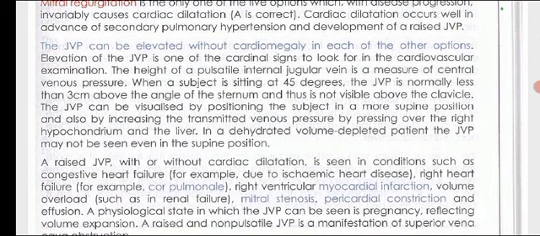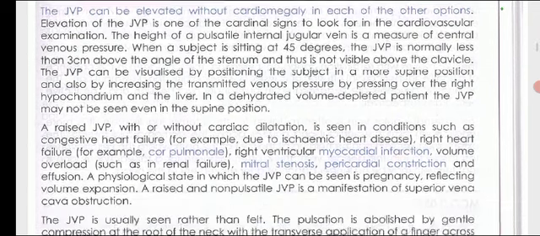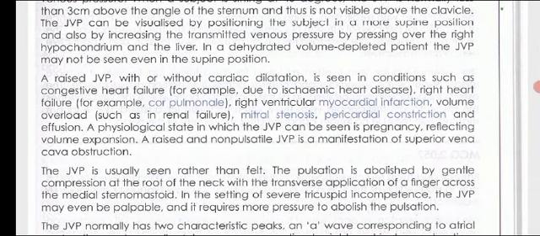A raised JVP with or without cardiac dilatation is seen in conditions such as congestive heart failure, for example due to ischemic heart disease, right heart failure, for example pulmonary hypertension or right ventricular myocardial infarction, volume overload such as in renal failure, mitral stenosis, pericardial constriction and effusion. A physiological state in which the JVP can be seen is pregnancy, reflecting volume expansion. A raised non-pulsatile JVP is a manifestation of superior vena cava obstruction. The JVP is usually seen rather than felt. The pulsation is abolished by gentle compression at the root of the neck with the transverse application of a finger across the medial